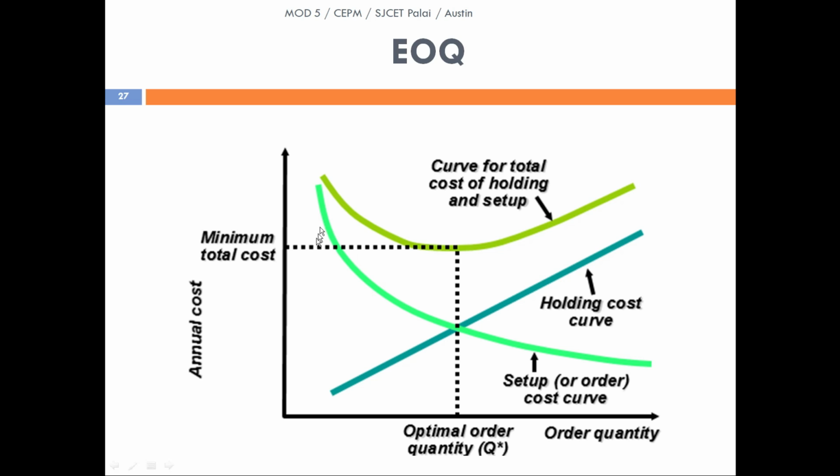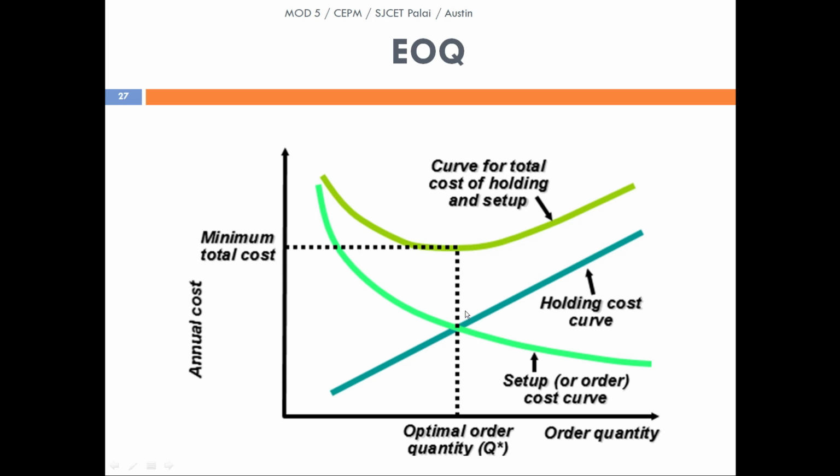the inventory quantity. But we could see that the ordering cost decreases with increase in order quantity. Why? Because we have seen that the ordering cost increases with increase in number of orders. So if we are reducing the orders, means we will be providing more number of commodities in a single order. That is the only way in which we can reduce the number of orders. So the ordering cost decreases with increase in quantity. So ordering cost increases with increase in number of orders, but always the ordering cost decreases with increase in